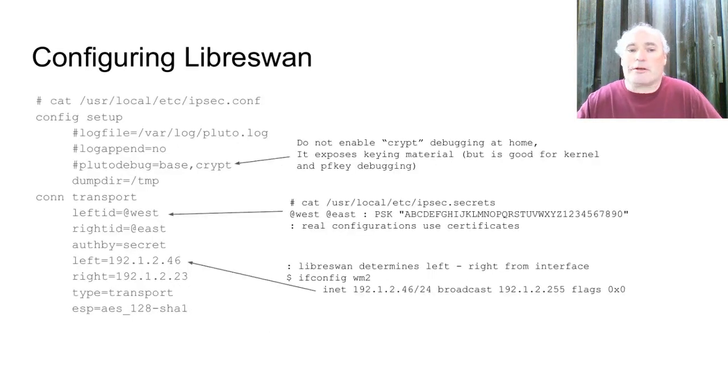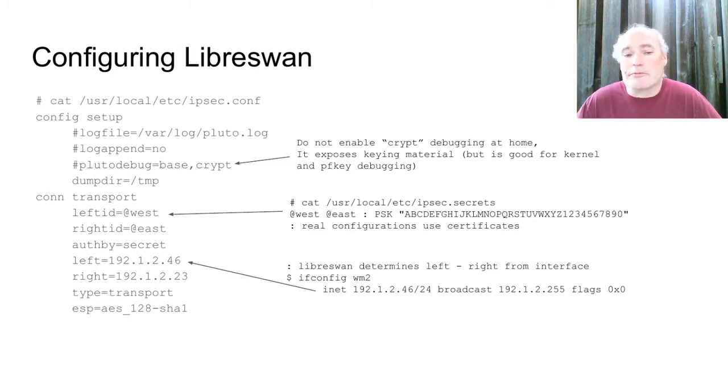Just to go quickly through the config, we specify left ID and right ID. These are entries in use like etc ipsec.secret, so this is still using a pre-shared key. It's not trying to do certificates. That's another battle, not for here. Specifies the authentication. Like I said, it's using a secret, the type of connection, transport, and here I've told it